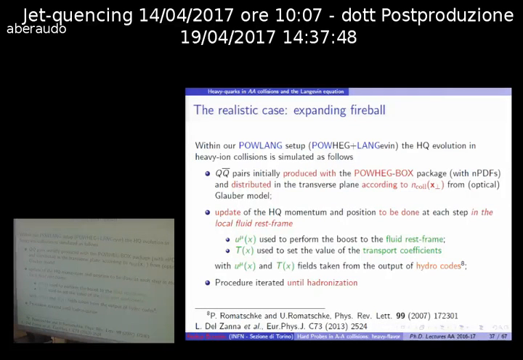So we have developed the setup that we will use in our phenomenological studies, and now I will